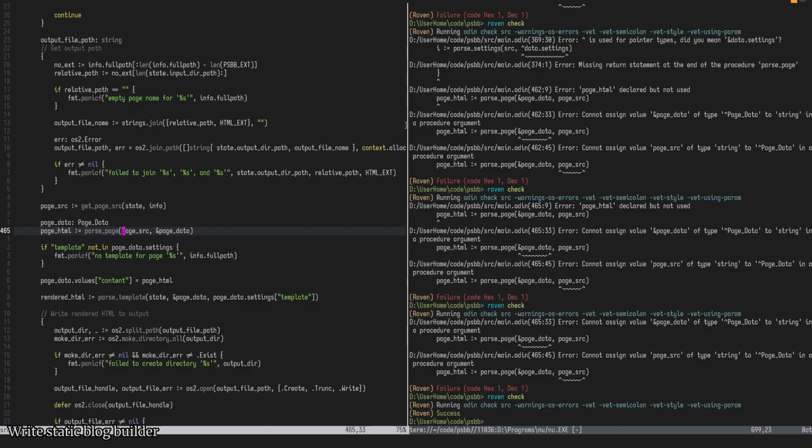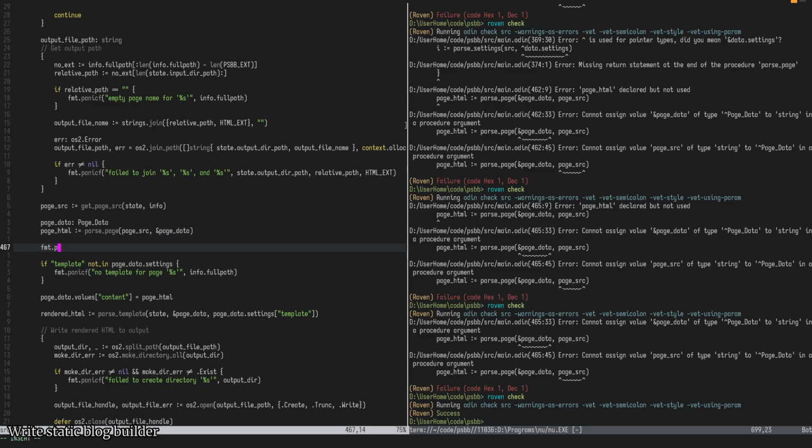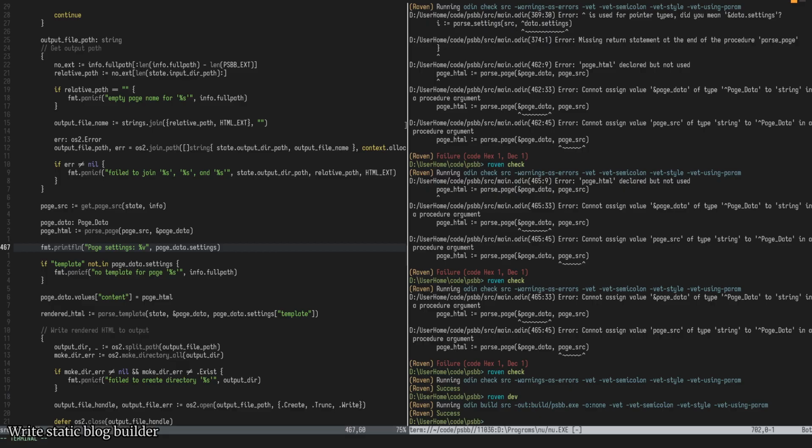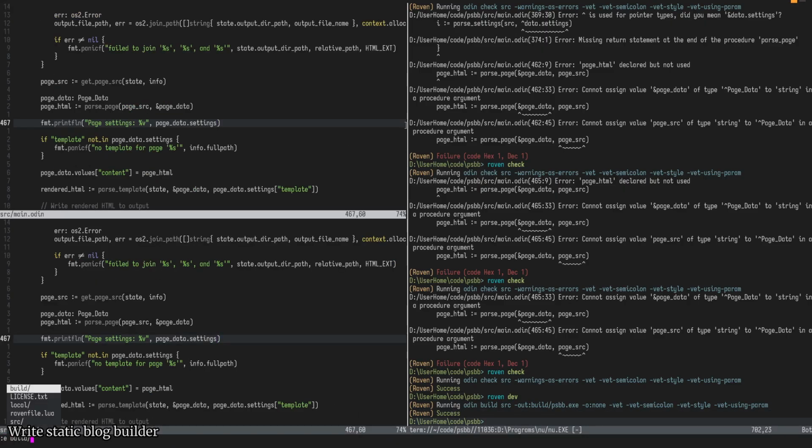So, what I want to do is, even if it panics, I don't really care. I just want to printf line page settings. Okay, guys. And it builds. Good. Now,